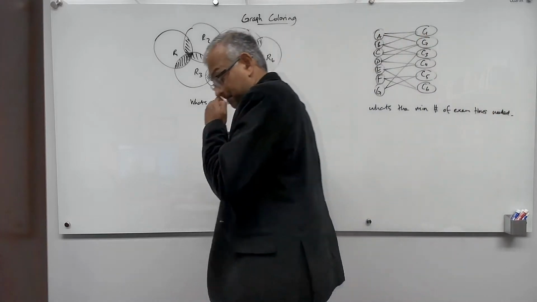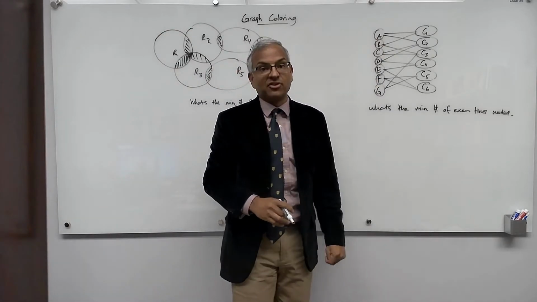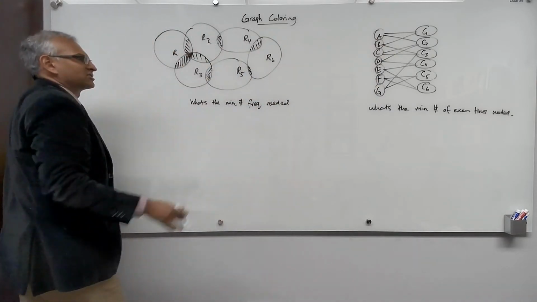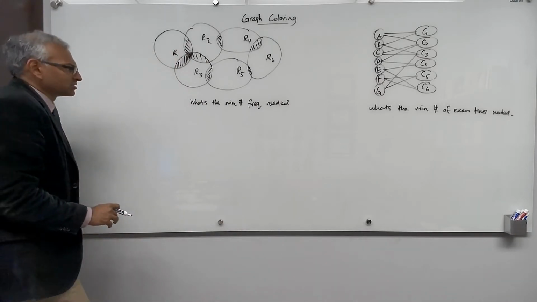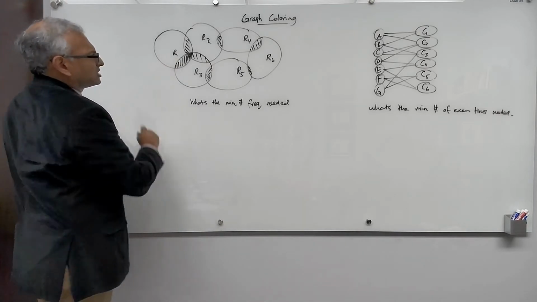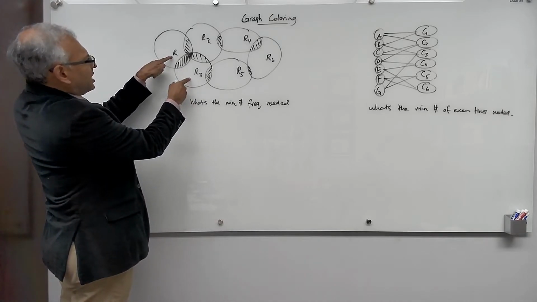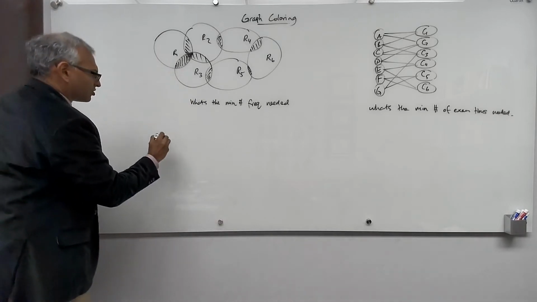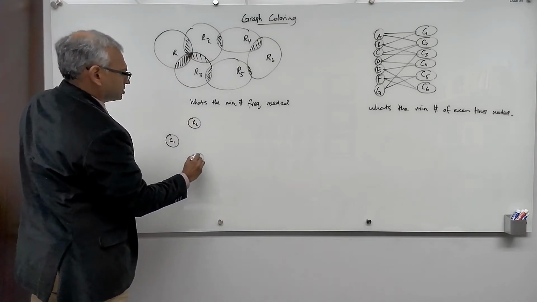Okay. Now, here we already started with a graph, and we're going to massage it into a different graph. Here we have just a bunch of regions occupied by, broadcast to by a bunch of radio stations. So, the thing that comes to mind is, when two regions overlap, that introduces a relationship between radio stations. For example, R1 is related to R3. So let's draw a graph where we have R1, R2, the radio stations, R3,